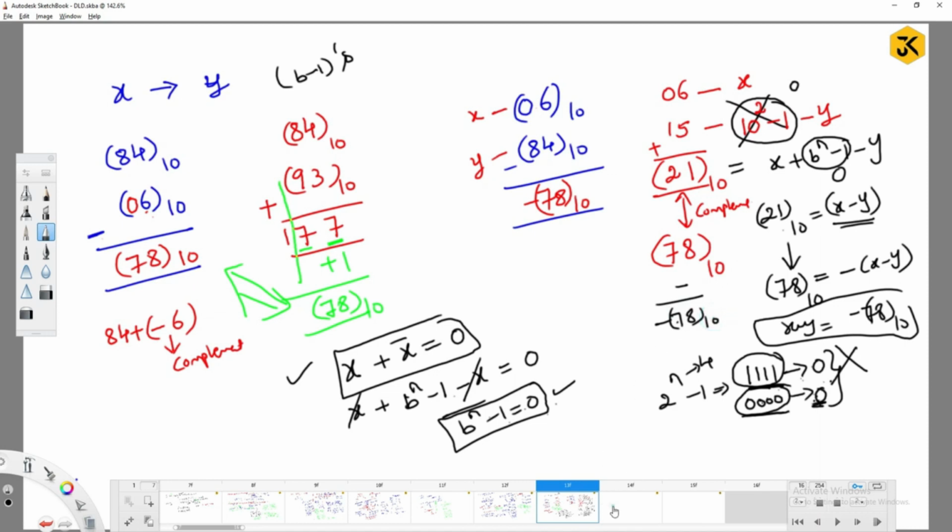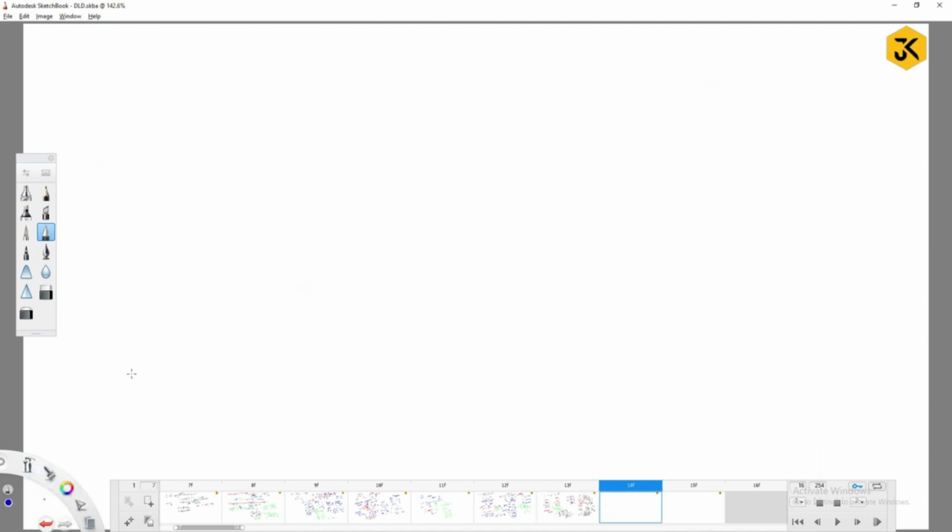Okay, observe. Let me take one more example. Can anyone tell me an example? Any number? 43, 76. Okay, both are of base 10. I am trying to perform subtraction. What do you have to do? For a negative number, you have to find its complement so that you get a positive number, right? So 76,